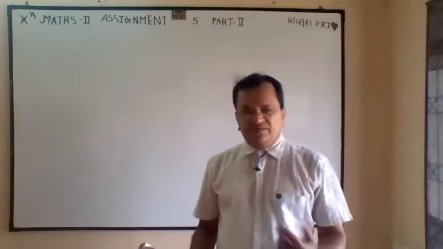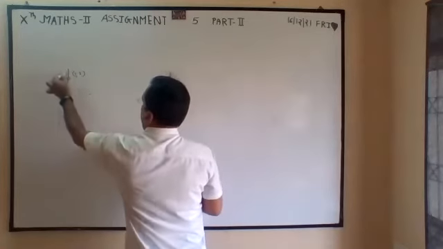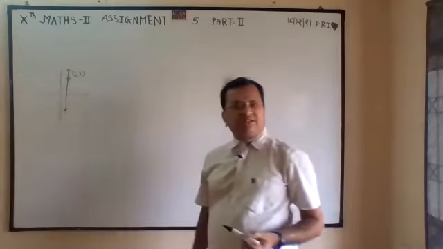Segment AB is parallel to the y-axis and the coordinates of point A are 1, 3. So 1, 3 and parallel to y. You have to ask two questions: which axis does it cut, x or y? It is cutting the x-axis. Where is it cutting? At 1. So the equation of this line is x equals 1.